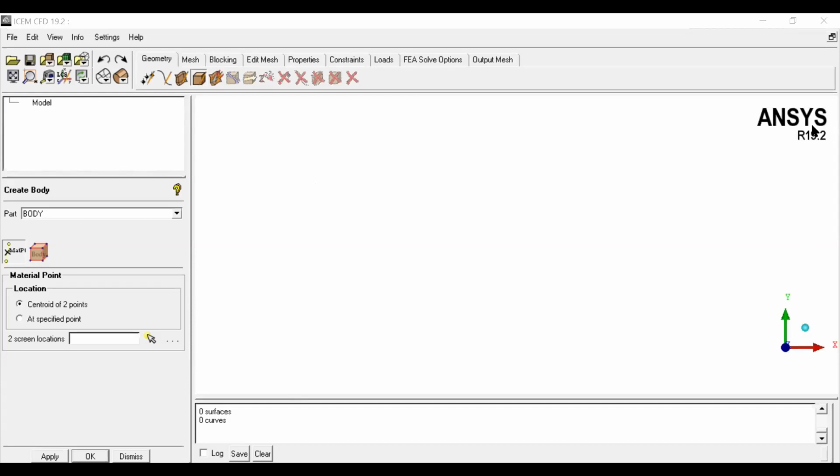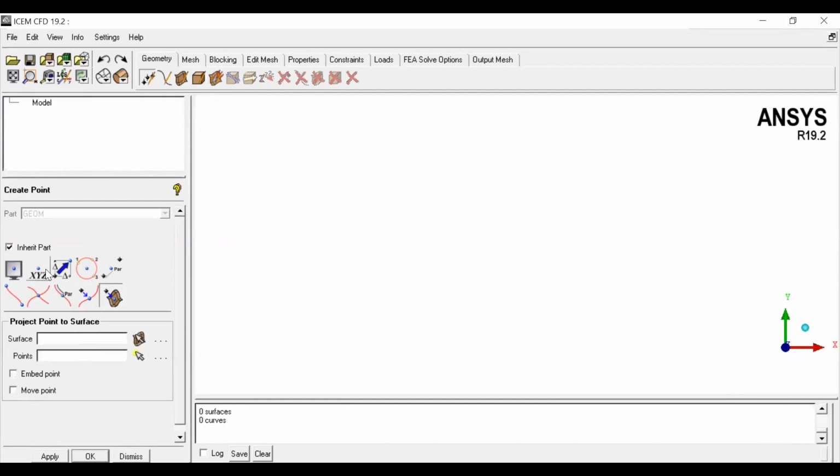Now you can ask any doubt related to these commands. Please repeat it, drawing a circle and trying with radius and angle but unable to get. Yes, let me create a point first quickly.